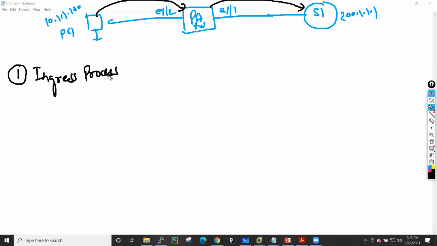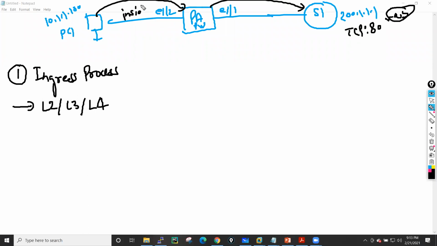In the ingress process, it will first extract the layer 2, layer 3, and layer 4 information. Let's suppose this PC is communicating with this server over port number 80, because it is running a web service, and this interface is in your inside zone, and this interface is in your outside zone.